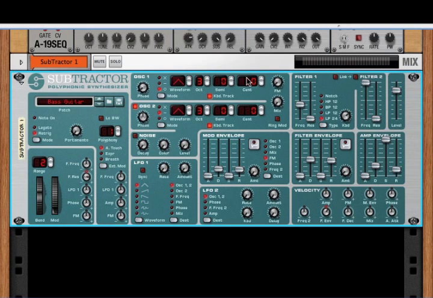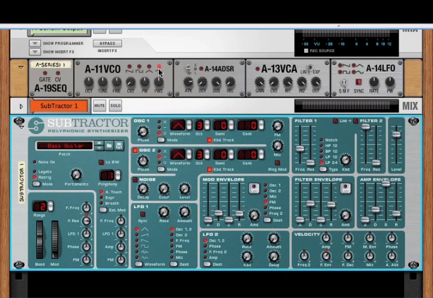Now, if we look at the Subtractor, we see that we have two oscillators. We've got oscillator 1 and oscillator 2. And that's just like the oscillator in the A-series. There are two of them, so they're just mixed together with a basic mixer. Now, we don't see a VCA. The VCA in the Subtractor is actually hard-coded in. It's just in the background. We don't get to tweak anything. It's just hard-coded. Now, we have an amplitude envelope, which is just like our ADSR, and this has attack, decay,